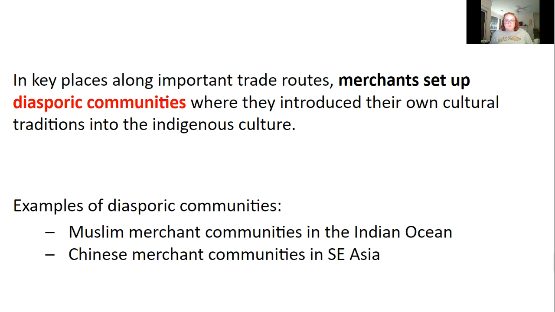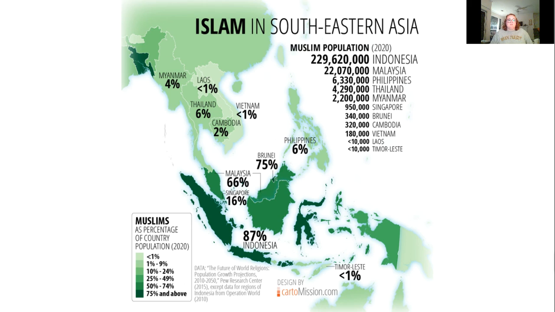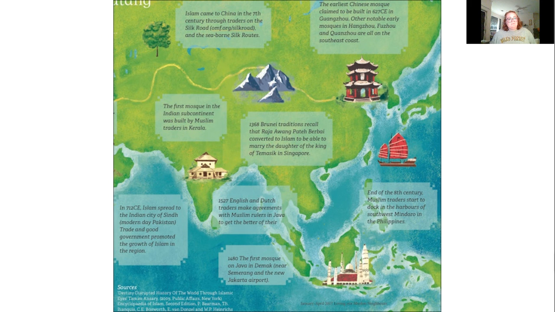So at key places along these important routes, merchants set up diaspora communities where they introduced their own culture and traditions into the indigenous culture. So you have the Muslim merchant communities in the Indian Ocean as well as the Chinese merchant communities in Southeast Asia. And this is just explaining a little bit more what these diaspora communities actually were and what they actually look like. And then obviously you have the increase of